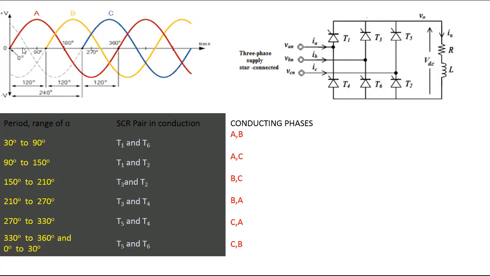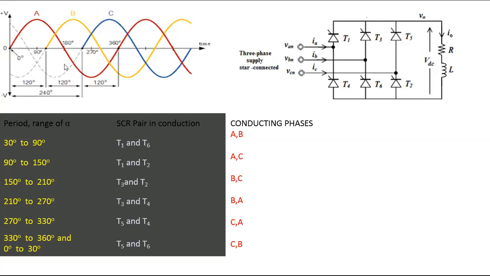Therefore, case 1, between 30 to 90 degrees of input supply, the cycle A is occupying maximum space, therefore VA is made more positive when compared with other phases. The phase VA is made more positive and hence the direction of the current starts from VA. Now let us see, this A is connected to which SCR? All of you see the circuit now? VAN is nothing but the A. A is connected to which SCR? Anyone tell me? T1 and T4, but T4 is connected at the cathode terminal.